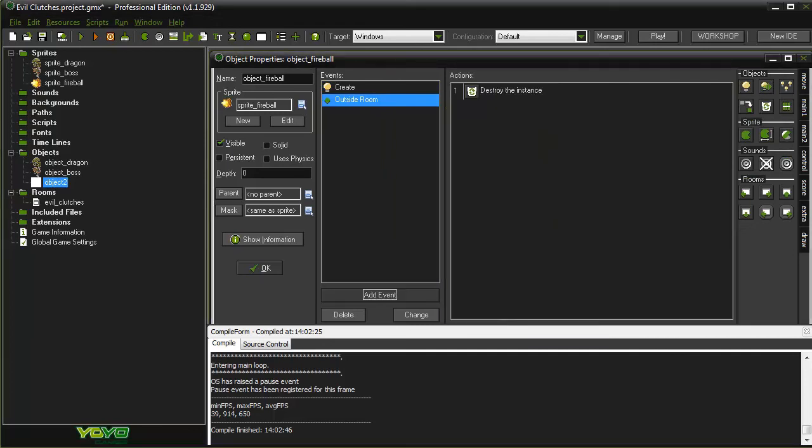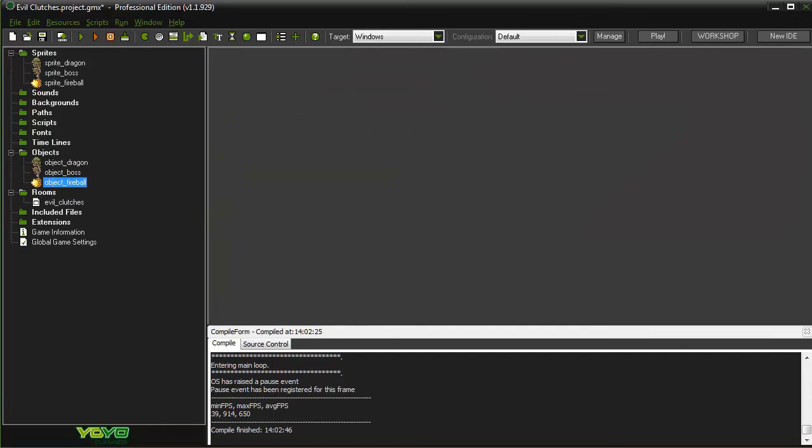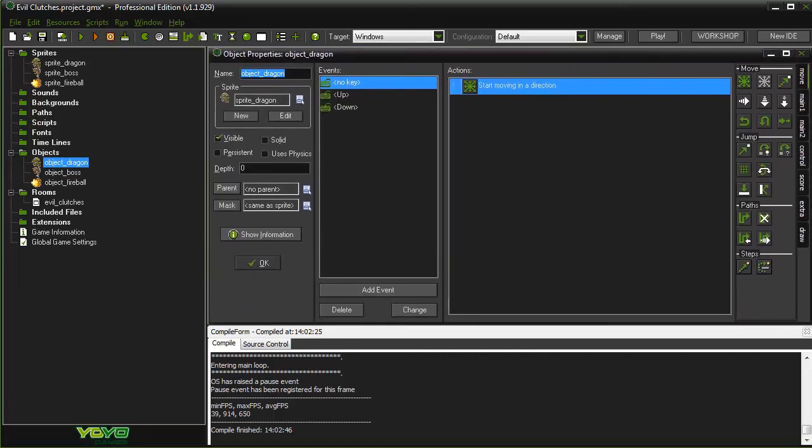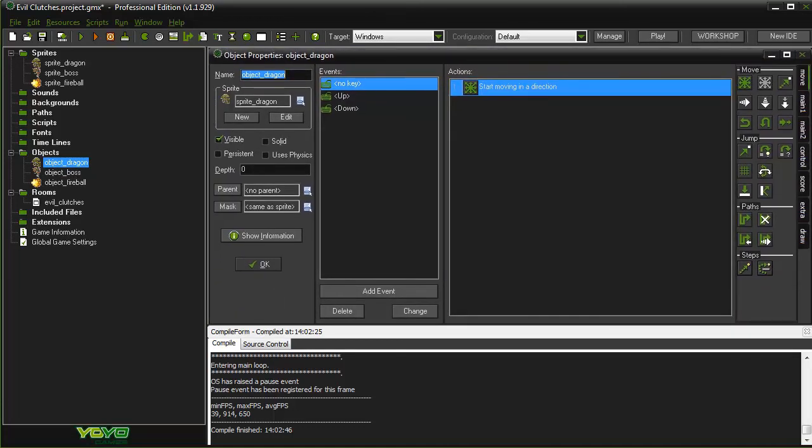So there we go, that's all you need to do for the fireball, but we need to get the dragon to create it. So I'm going to click OK. Reopen the dragon object by double clicking on it. Bring this up so you can see what I'm doing. Now this one's going to be a little bit different. With the dragon